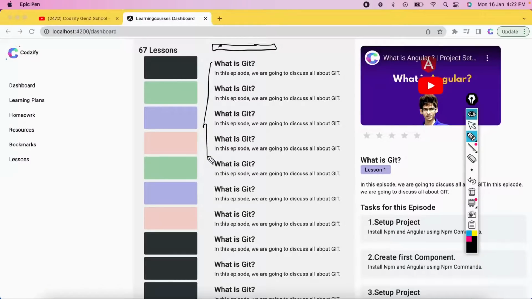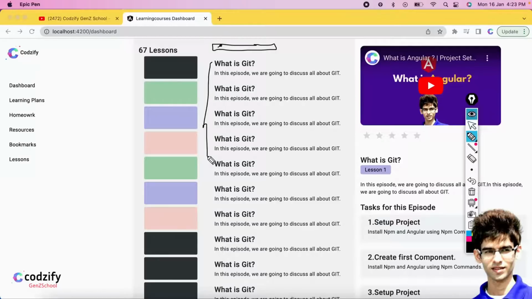In this lecture we will create one array of objects, and in that we will add the title, the description and one thumbnail. This will be the object in our array, and we have to add the search box here. With the help of this, the user can search the chapters based on his queries. So how to achieve that? That's what we are going to explore in this episode.